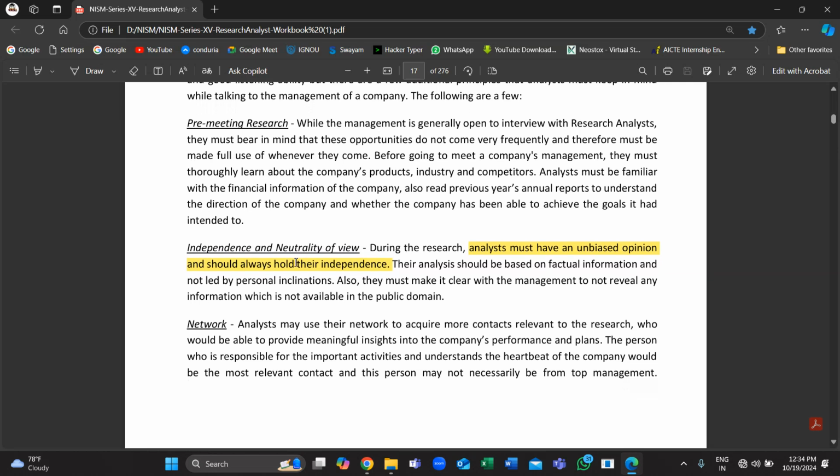Here you can see independence and neutrality of view. It tells that the analyst must have an unbiased opinion and should always hold their independence. So RAs should not be influenced by others. They should give reports based on their individual research, based on factual information. They could not be biased. If the management says the company will grow,